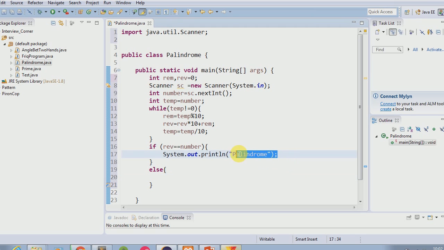Copy this and paste here and put not in front of palindrome. So in this example, if reverse number is equal to number, then we will print palindrome. Else, we will print not palindrome. And I think the code is complete. Now I am going to run this code.